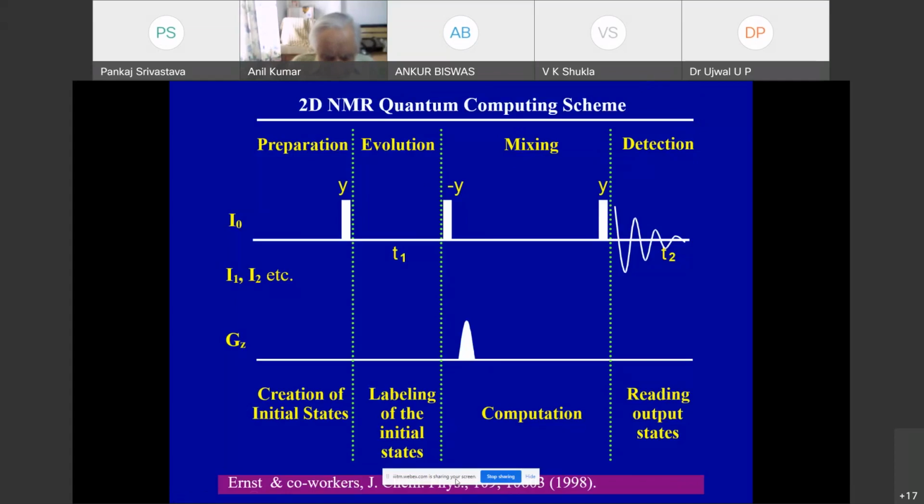He published this paper in Journal of Chemical Physics, and in it he renamed these periods as creation of initial state, labeling of the initial state, computation, and reading the output state. Using this idea,